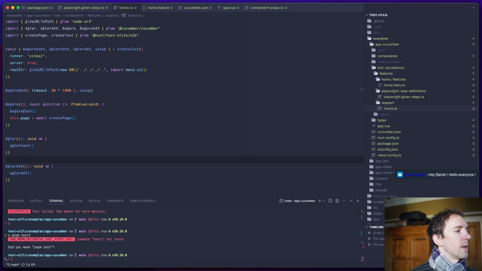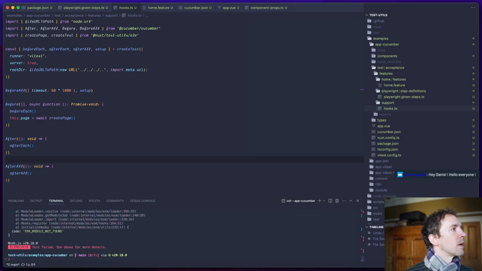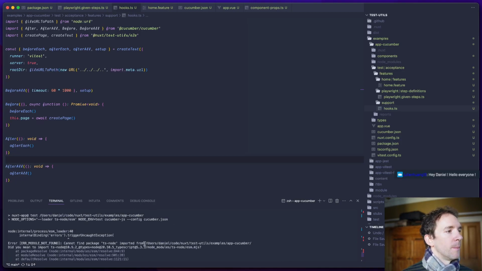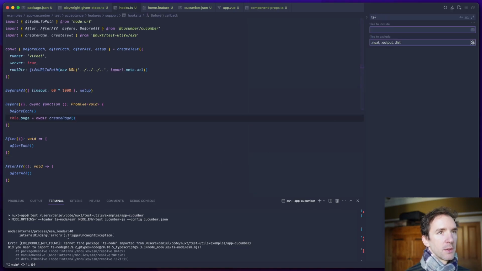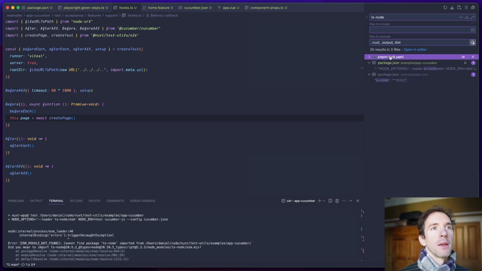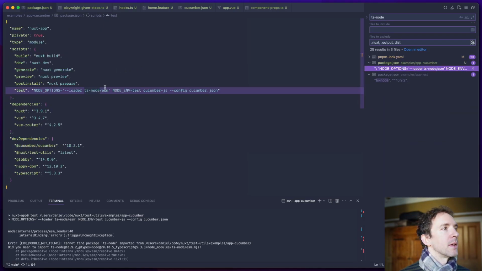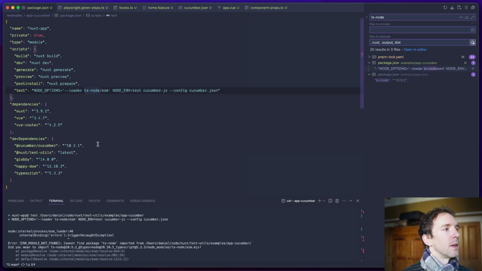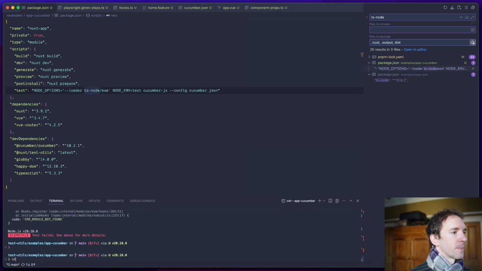Let's just try that again. Hello. Yes, on-demand ISR is supported for Vercel. And I think there should be an example. Okay, where is TS node coming in? Oh, I see. It's, well,